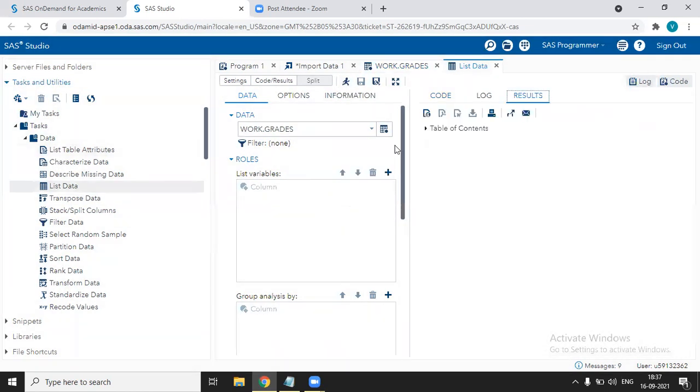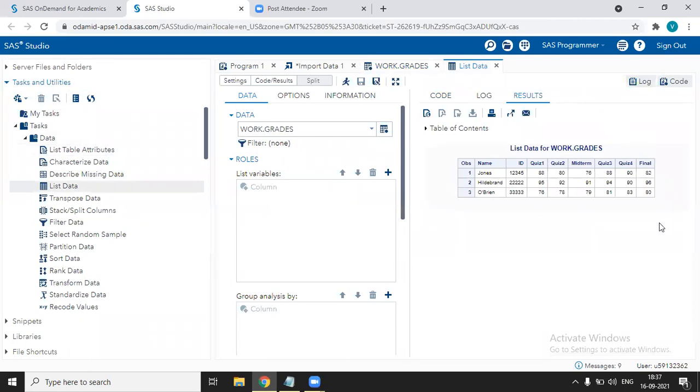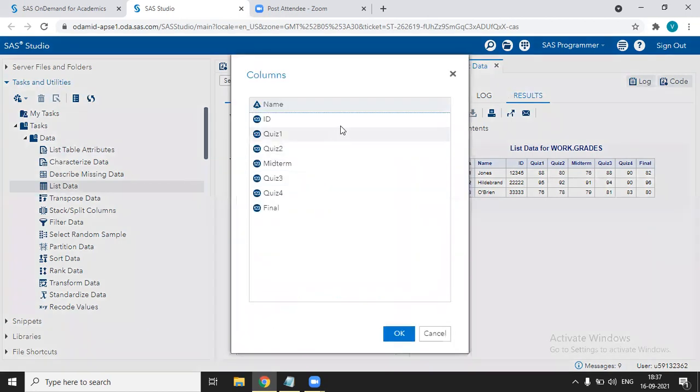You can see in the result section that the dataset is listed, with all the variables and all the observations. If you want only some of the variables shown in this listing, you just have to mention the list of variables in the Roles section. Go to the Roles section. You can see there is a plus sign. Click on this plus sign and choose the variables that you want.